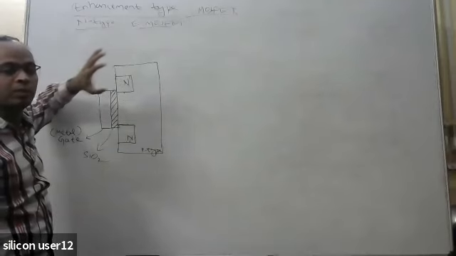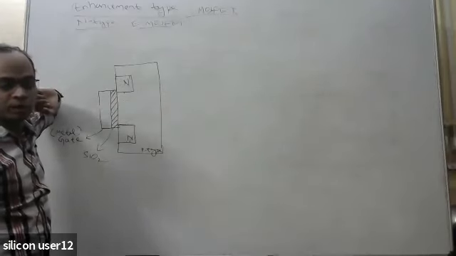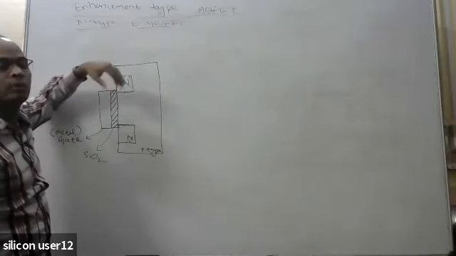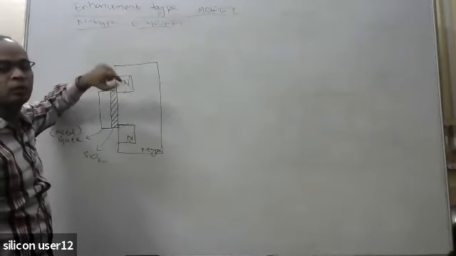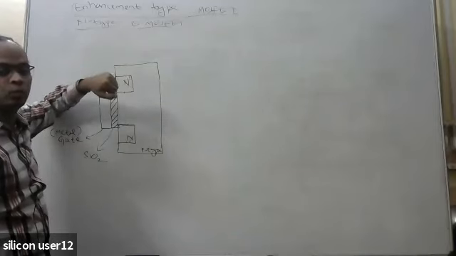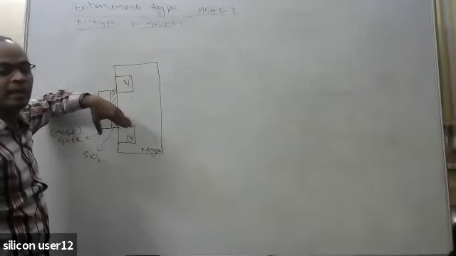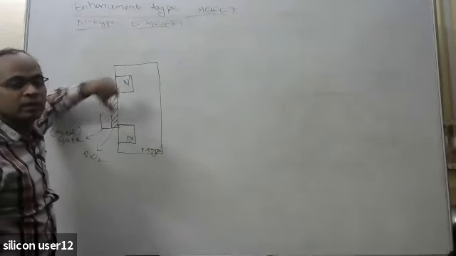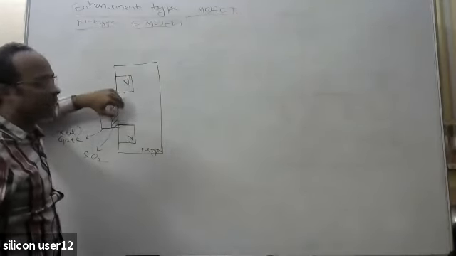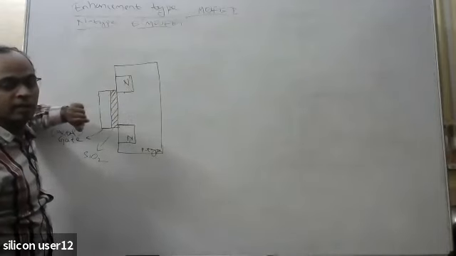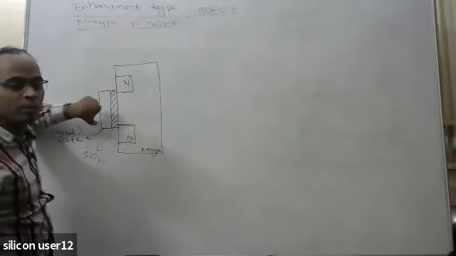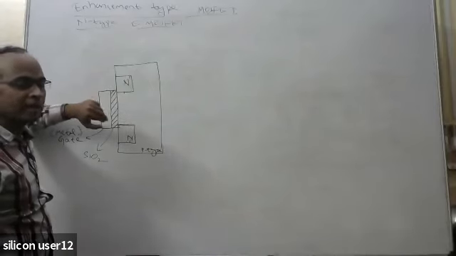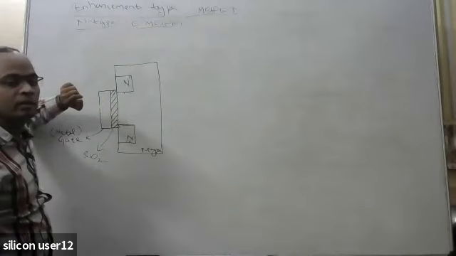So that was the working principle of the depletion type MOSFET. But here in the enhancement type MOSFET, we have to enhance or create this channel. That's why the name indicates enhancement type. We have to create a channel between source and drain. So how can I create a channel between source and drain? If I give an appropriate voltage, that voltage may create a channel between source and drain.